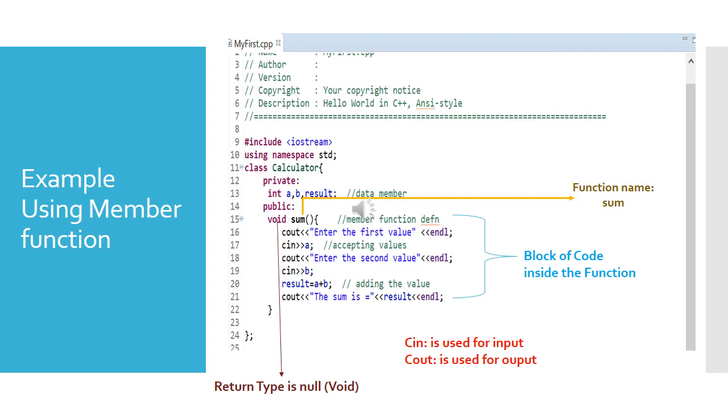It's supposed to add two values. Inside the definition of the function we have written statements which accept values from the user, add the two values using the plus operator, and store the sum in the result data member, and the result is printed inside the function. Since it's not returning anything outside the function, the return type is void.